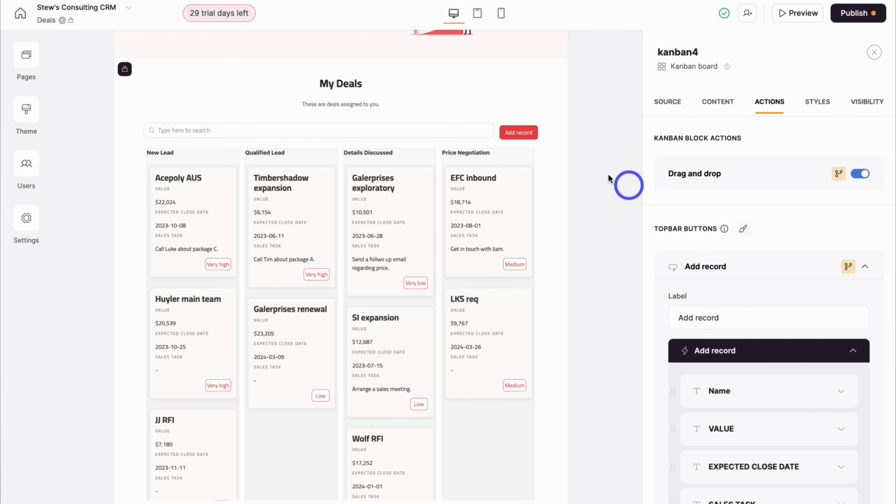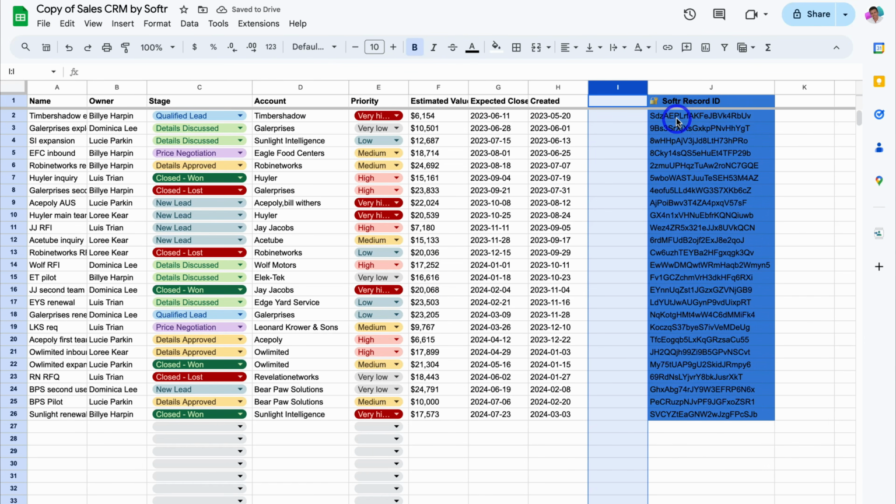No code or prior experience is needed with Google Sheets or Softr to follow along and create your own custom